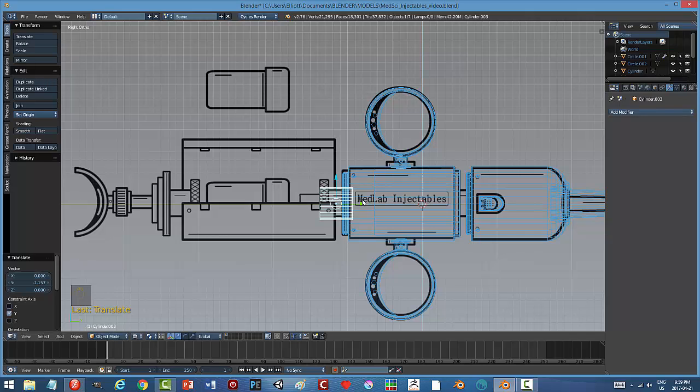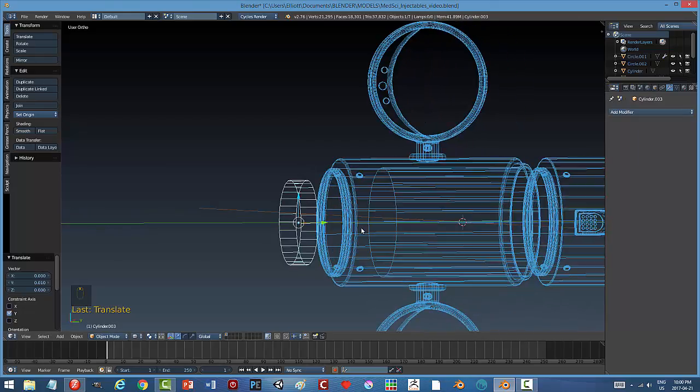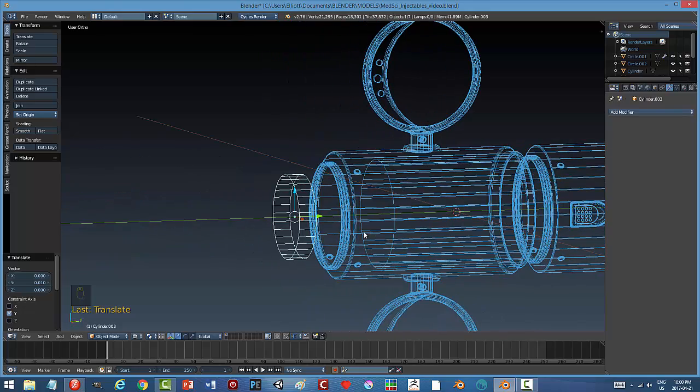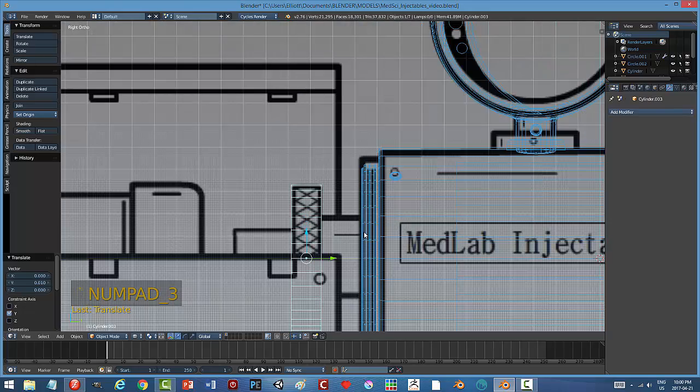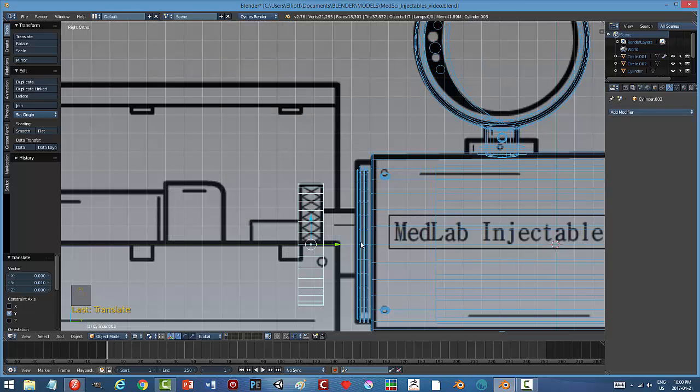Okay. So we can't see all of it, but that's generally how it would go. Right? Okay, so there's that piece. Okay, now,